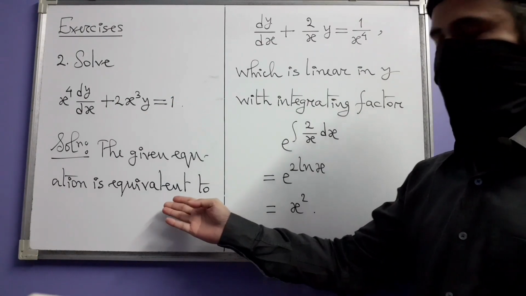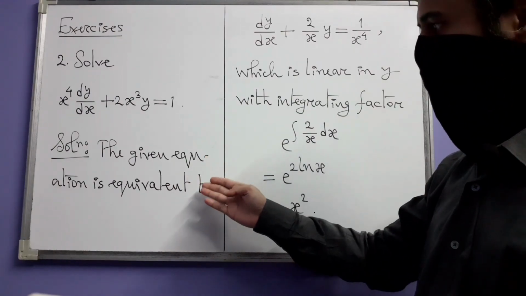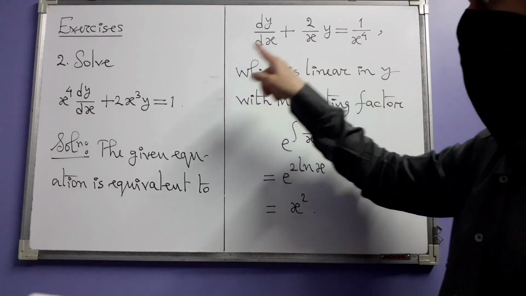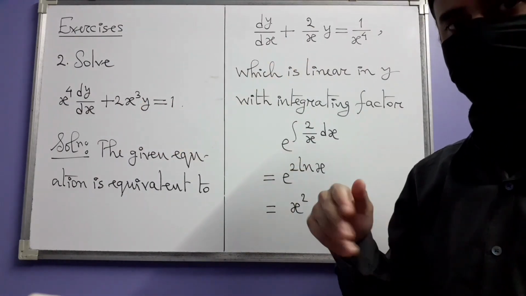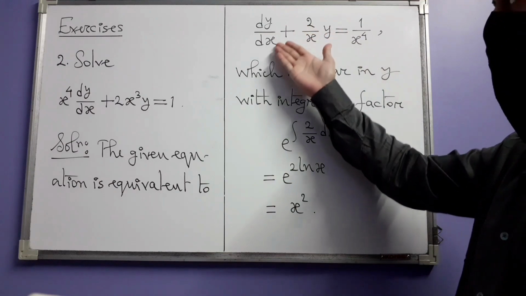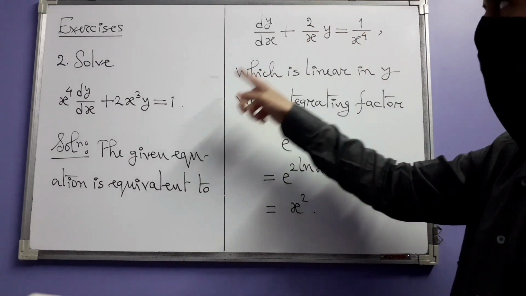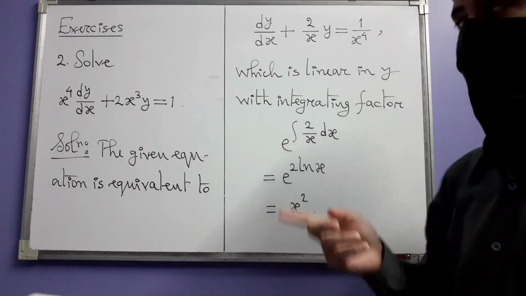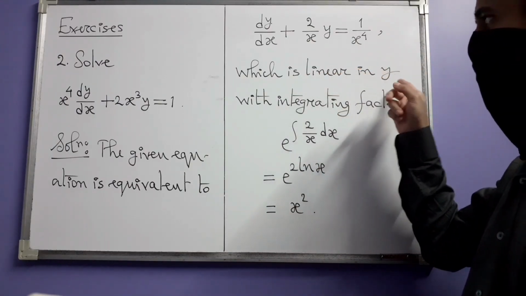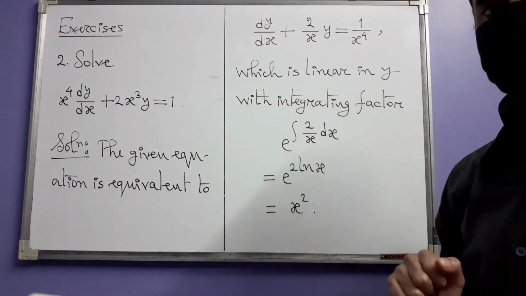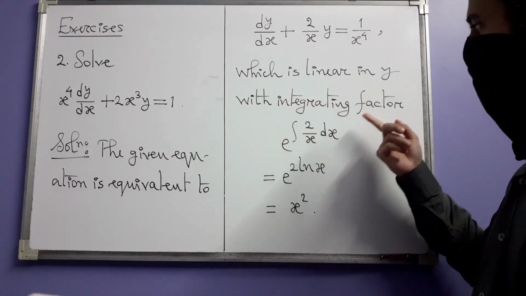So we start the solution by noting that the given equation can be turned into an equivalent form by dividing both sides by x to the power 4. And when we do so, this is what we get: dy/dx plus 2 divided by x times y equals 1 over x to the power 4. This equation is linear in y. The original one was not, but this one is linear in y, and the integrating factor